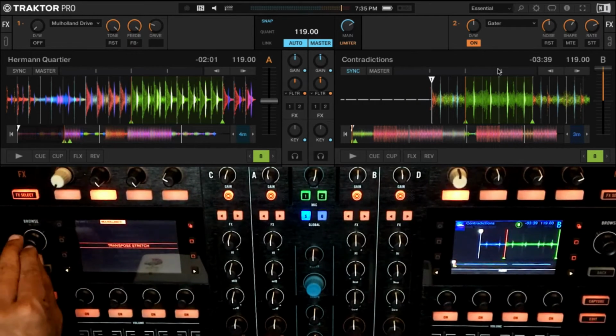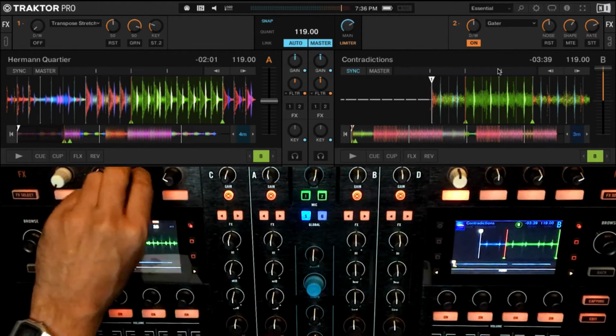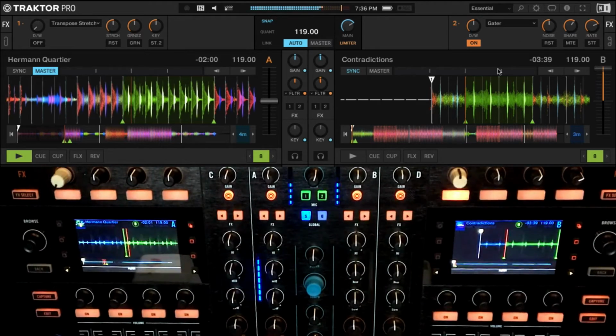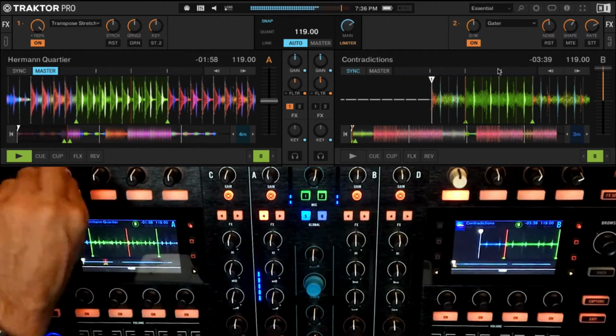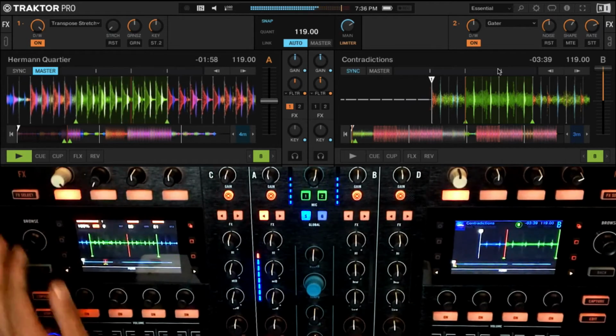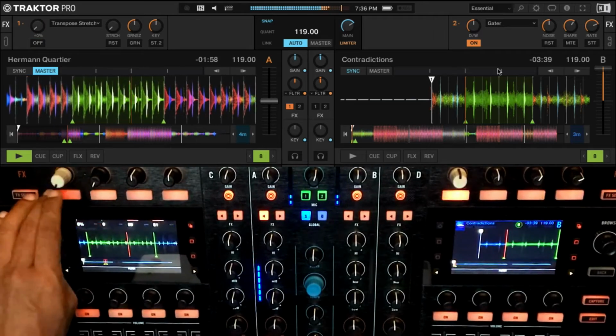The next one is transpose stretch, which is again very interesting. It works like the beat masher, where I can grab a piece of audio and again stretch it and transpose it. There's grain size, there's key, and there is amount of stretch. So let's basically start with this. Let's grab the audio first into it.